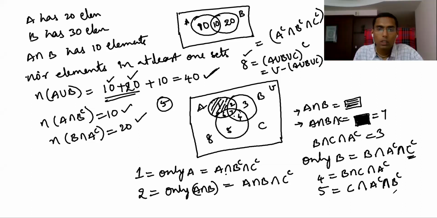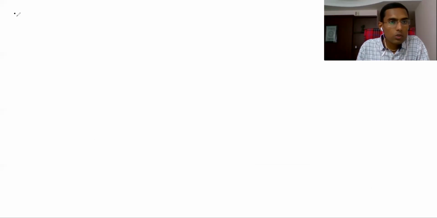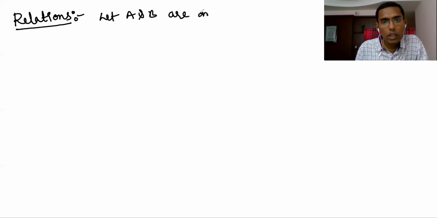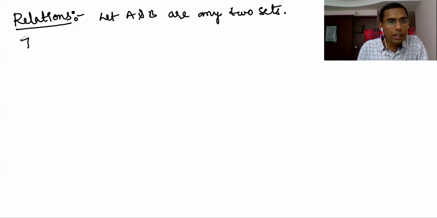So then we'll go to relations. First we'll discuss relations, then we'll do some questions on relations, then we'll discuss other questions. What is a relation? So now we discuss sets. Let A and B be any two sets. Then A cross B